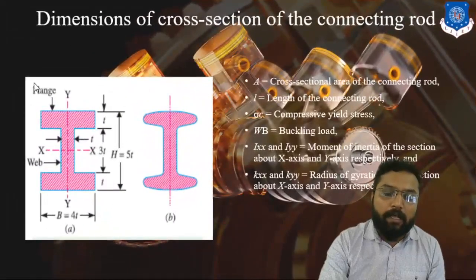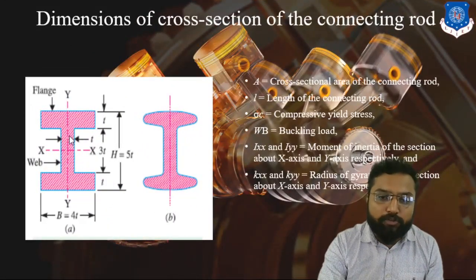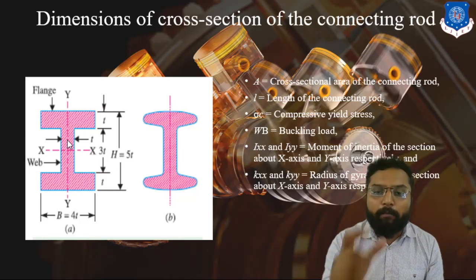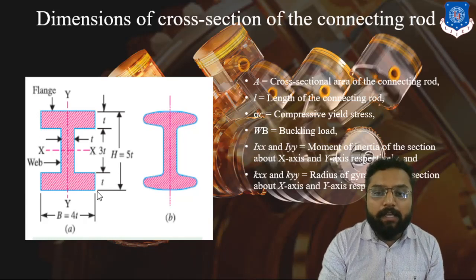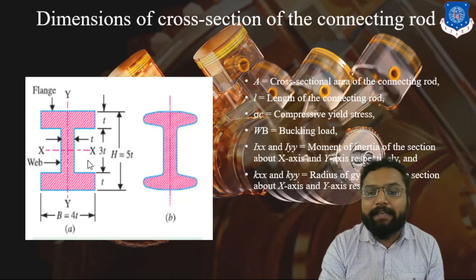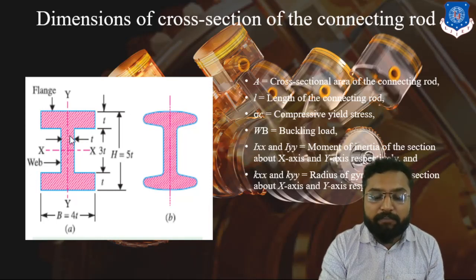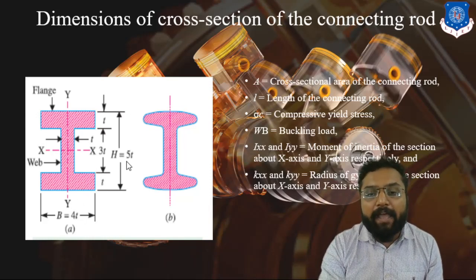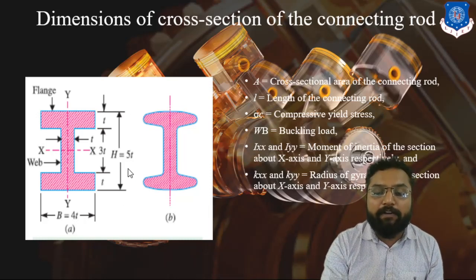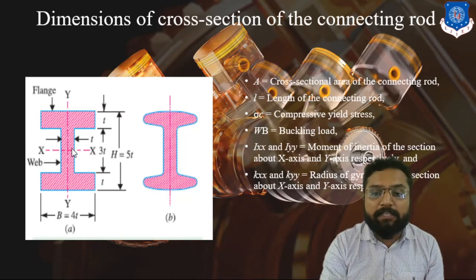Going back to the previous slide, here you can see that to find the moment of inertia about the horizontal plane, I can consider the I-section cross section as a whole, a full rectangle, then subtract the two smaller rectangles. The moment of inertia for the total rectangle is B D cube by 12, where B is the base, which is 40, and D is the depth or height, which is 5t. So 40 into 5t cube by 12, minus these two cross section areas.